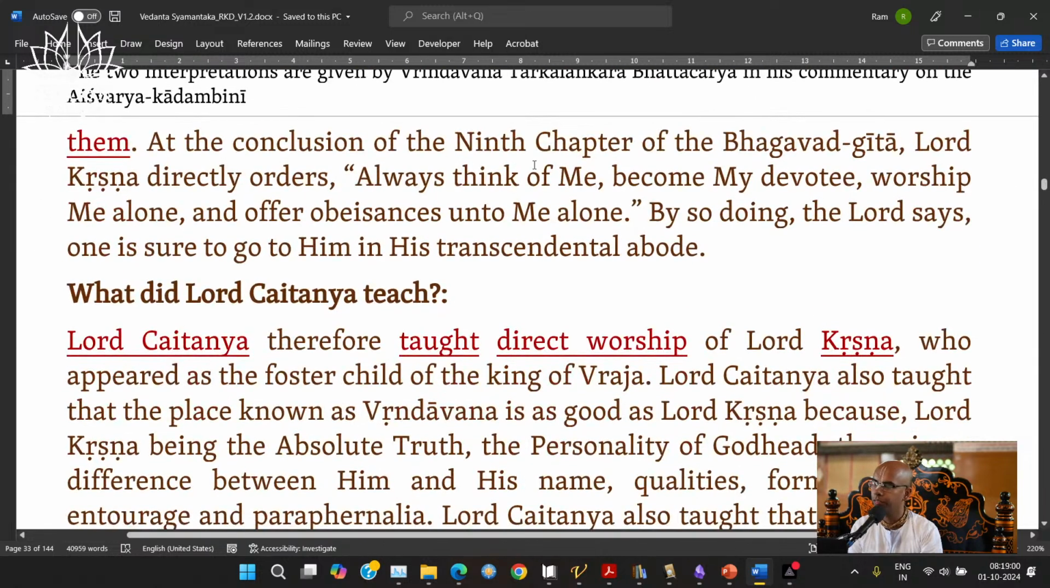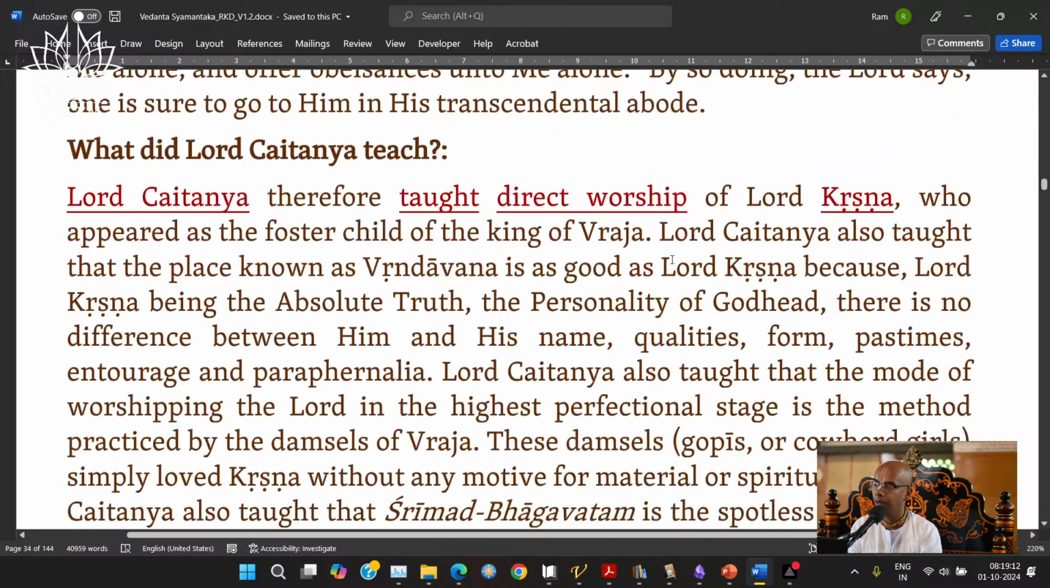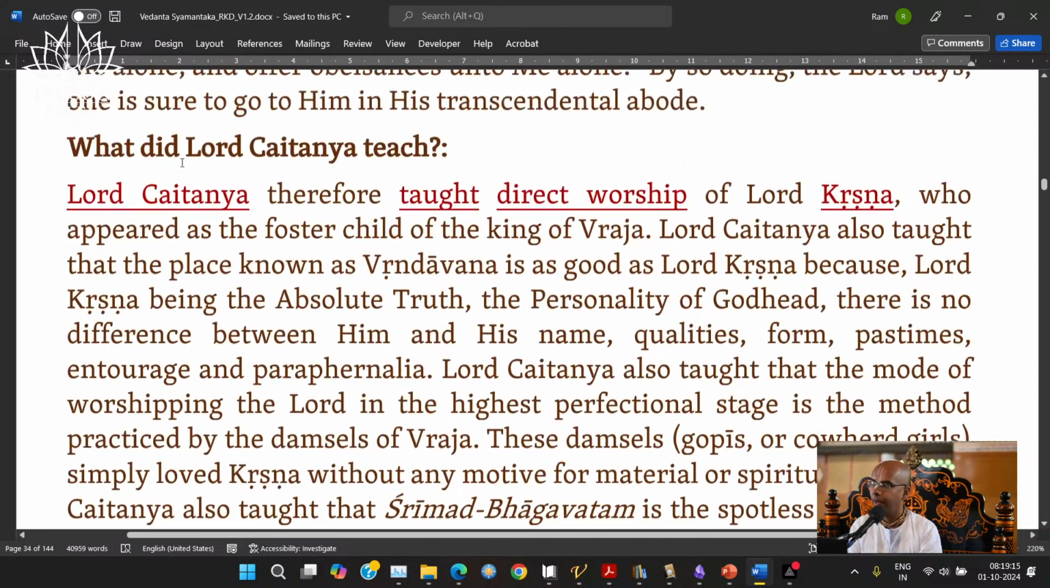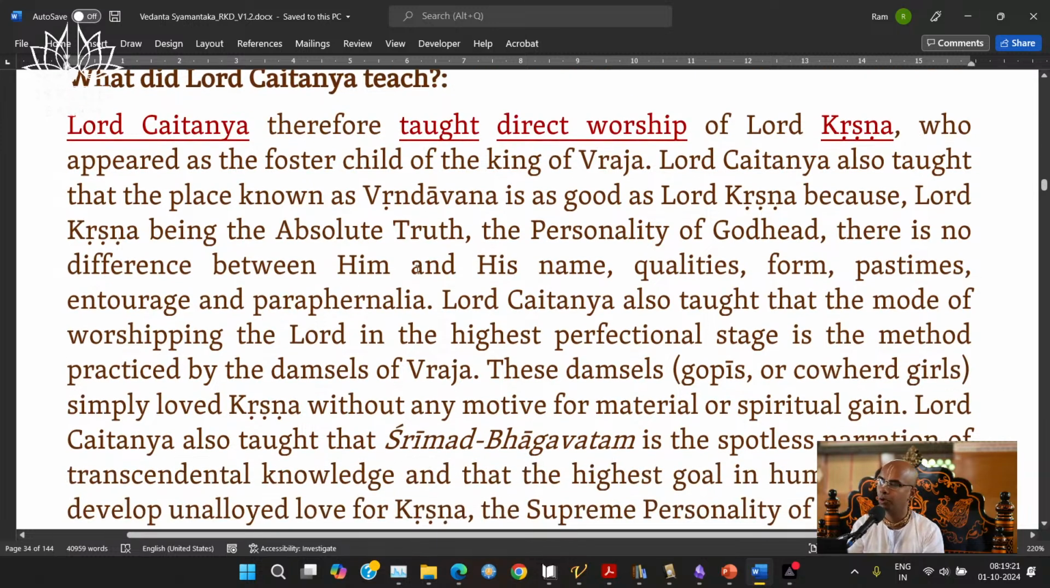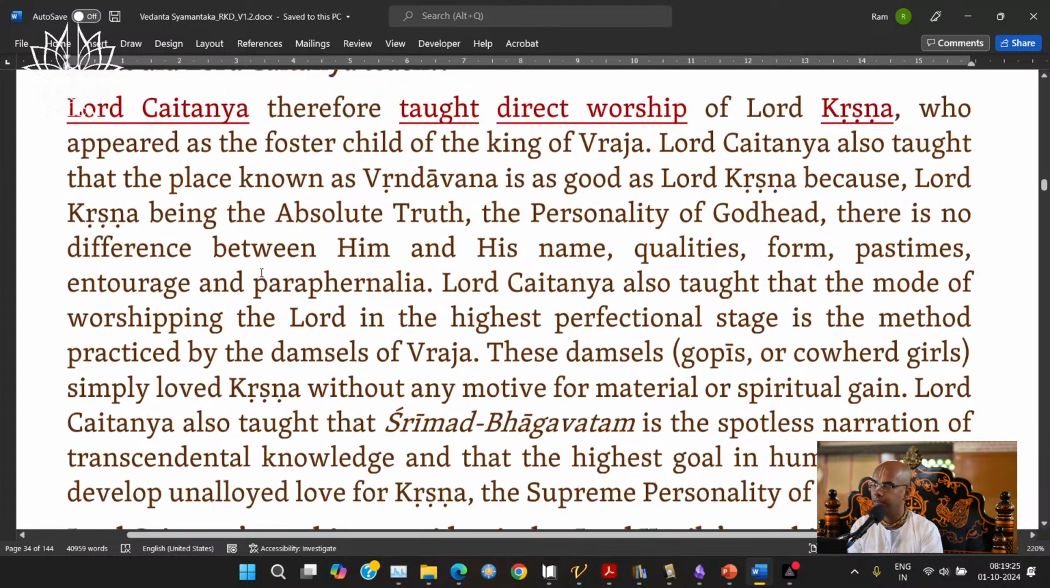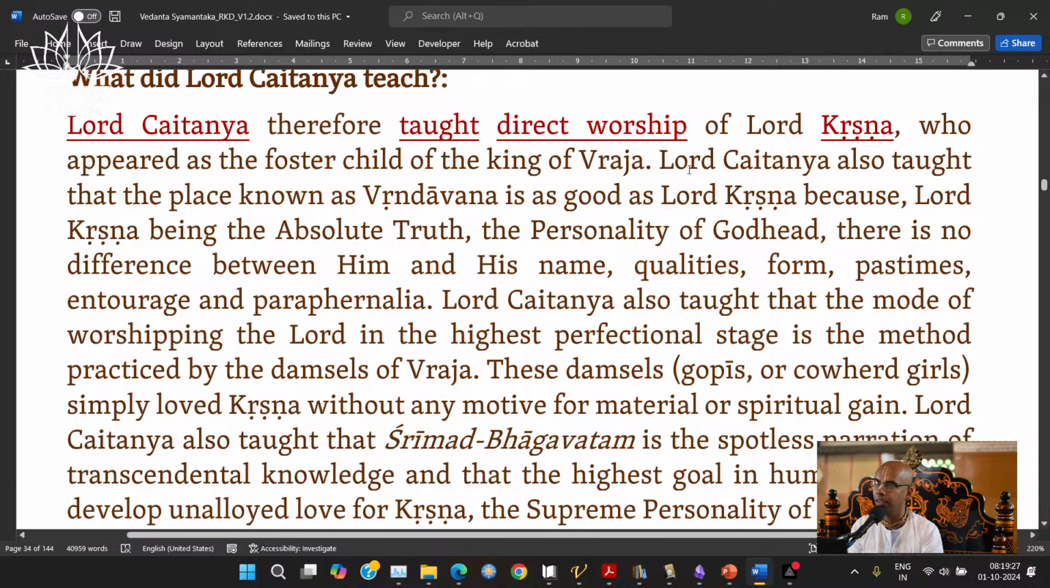At the conclusion of the ninth chapter of the Bhagavad Gita, Krishna directly orders: always think of me, become my devotee, worship me alone and offer obeisances unto me. By doing so, the Lord says, one is sure to go to him in his transcendental abode. And what did Lord Chaitanya teach? He taught the direct worship of Lord Krishna. Correct? And then Srila Prabhupada gives a translation that Lord Chaitanya also taught that the place known as Vrindavan,